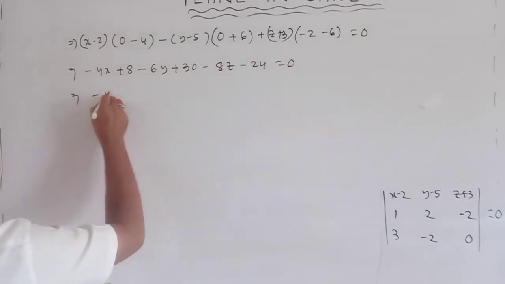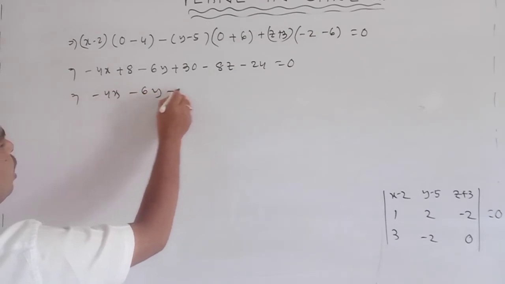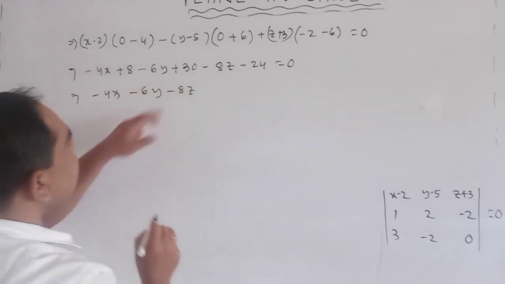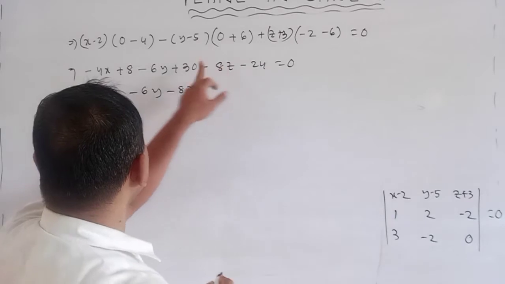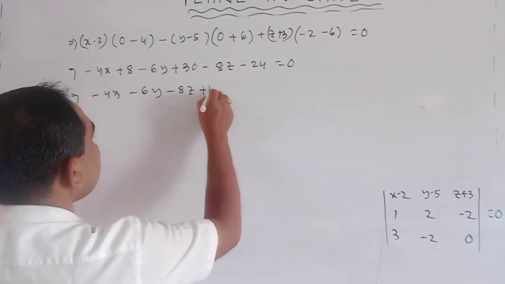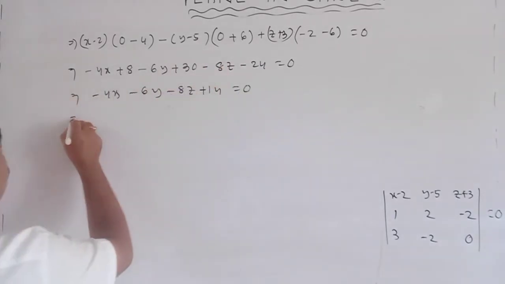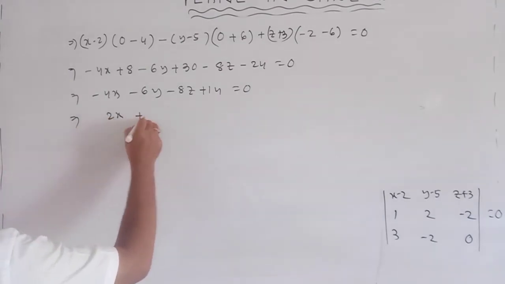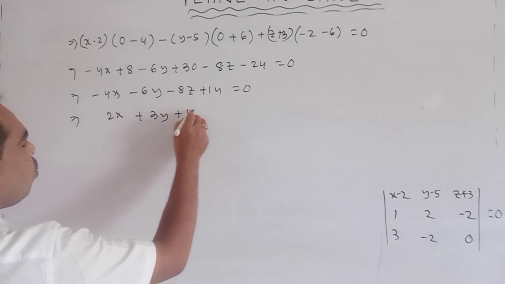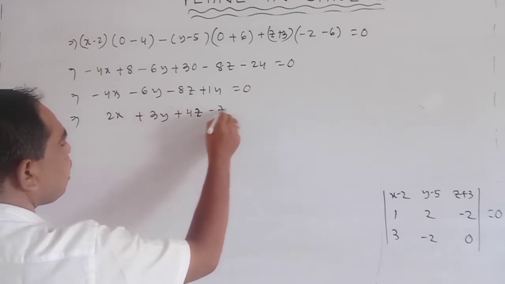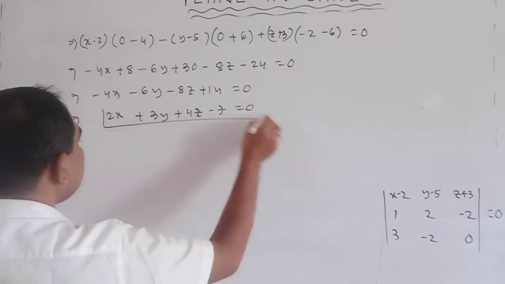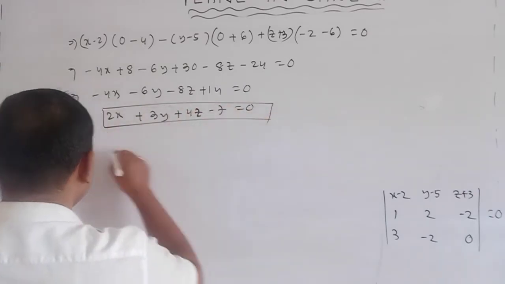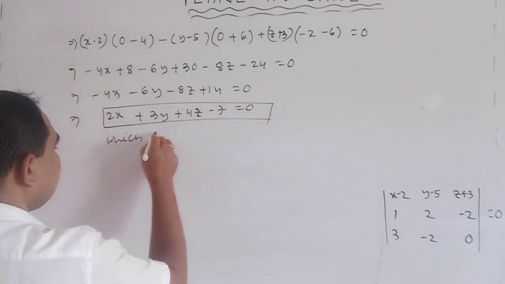That means minus 4x minus 6y minus 8z, and 30 minus 24 is 6, plus 8 is 14, is equal to 0. So cancelling minus 2, it becomes 2x plus 3y plus 4z minus 7 is equal to 0, which is the required equation of the plane